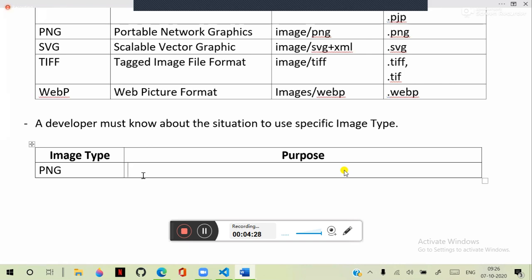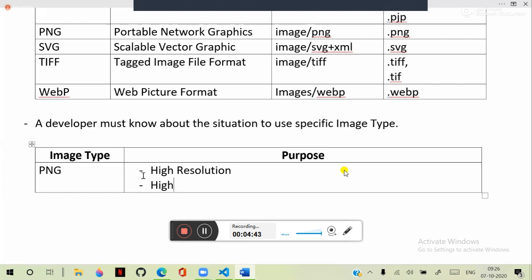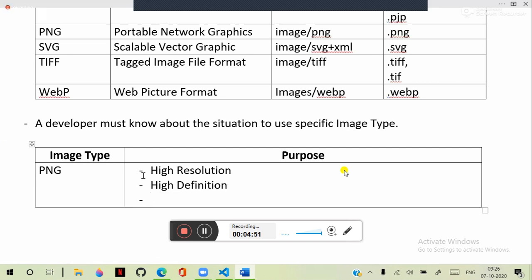PNG has a high definition, high resolution. PNG has a high resolution and high definition, and it is an